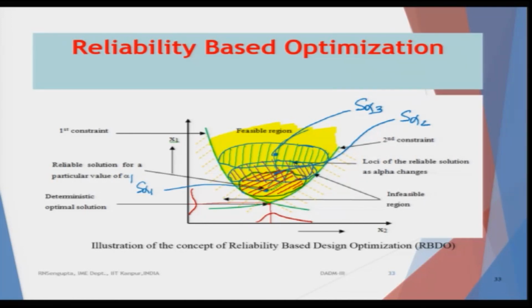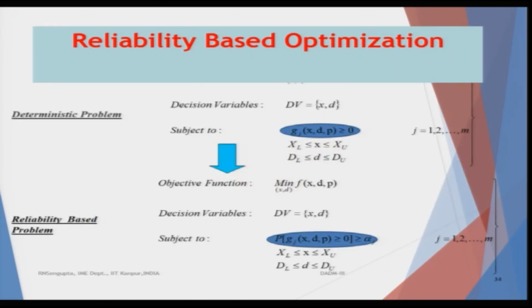Now, here the concepts of infeasible region or the feasible region are exactly the same as we have been trying to draw. So, this is the deterministic optimum solution, the corner point, and they have the loci of the reliable solution as alpha changes is also given. Now, how the overall problem formulation has been done, which I have already considered, but I will go into more